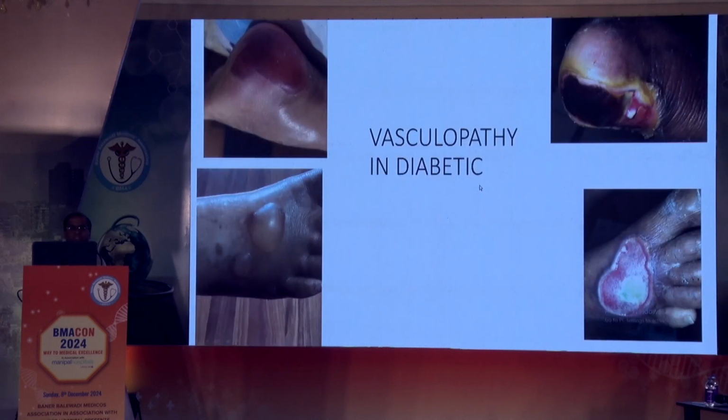Another problem is vasculopathy. So if we see a diabetic patient with this kind of appearance, it should alert us. We know that the foot is pale, ischemic, there are no hairs, like this indicates chronic pathology. On top of that, blister indicates that there is an impending vascular compromise.